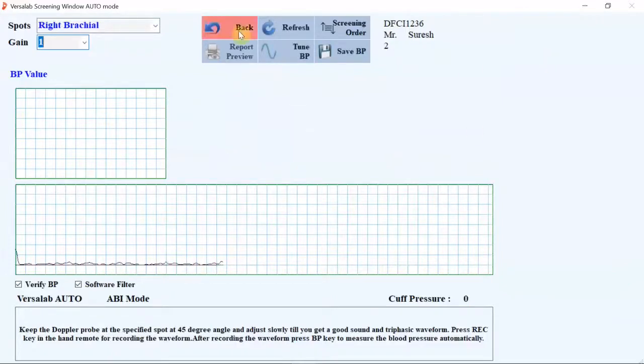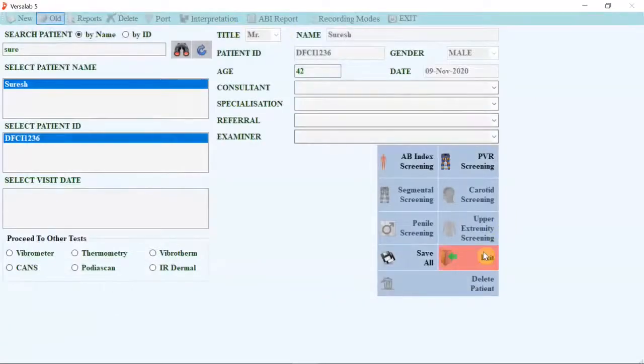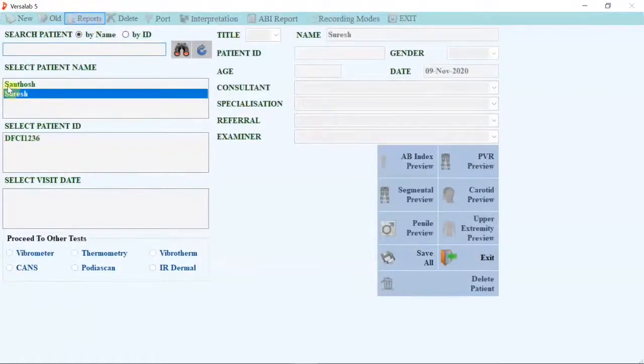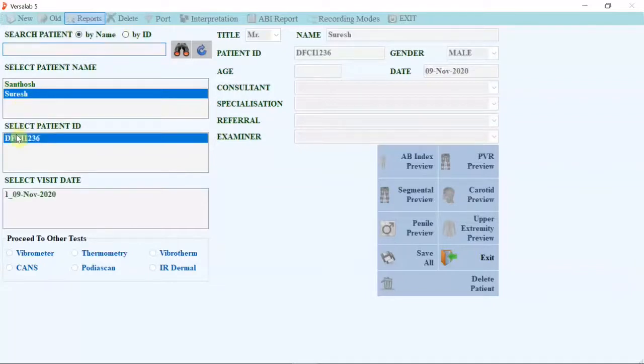So I'm just going back. The reports: suppose I want to see the patient report, just select the name. The same way, there will be many names, you can search using the search box by name or by ID. Once you select the name, then select the ID, then you will see the dates.